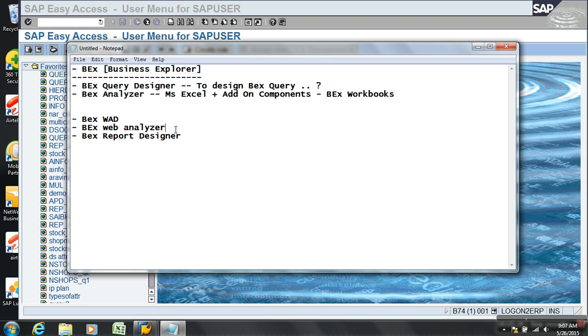And Web Analyzer is just like an ad hoc tool for an end user to create their own reports just by drag and drop. Just like an ad hoc simple tool to create their own reports. Like this, you'll have 5 different components of Bex Query Designer. Okay, but out of this, with the introduction of BO, SAP Business Objects on top of BW, and these